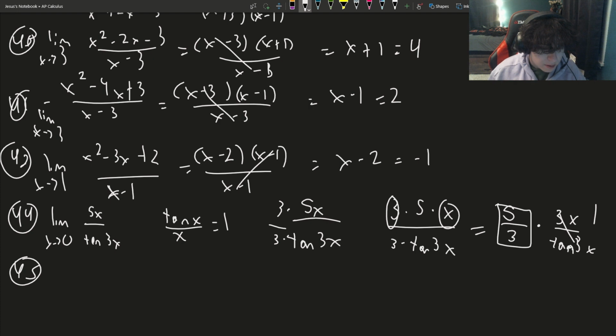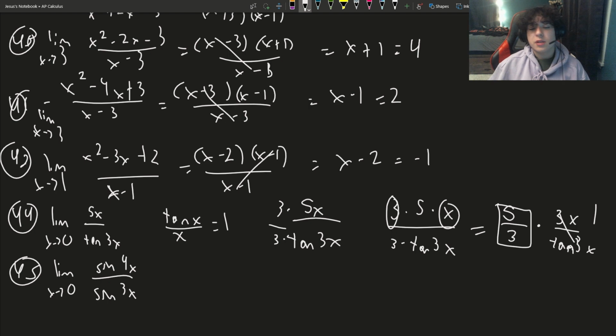And 45, we have the limit as x approaches 0 of sine 4x over sine 3x. So this, you could just look and say this is 4 over 3 because sine of ax over sine of bx is a over b. But if you want to show your math, then you could just simply put